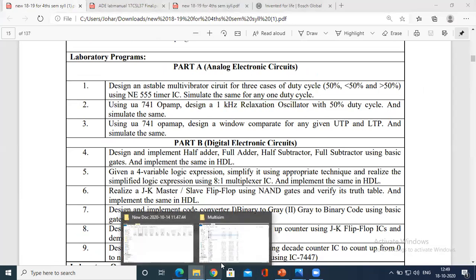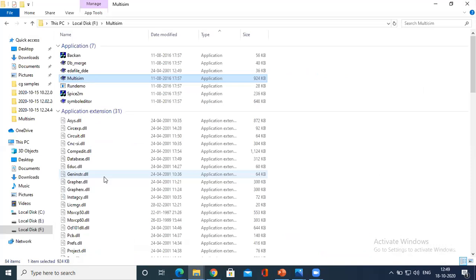So now let me go to Multisim. Regarding the installation of Multisim, you will be trained, all of you. You need to install this on your systems or laptops. It is a quite useful simulation tool that is used to conduct simulation experiments on the analog part.